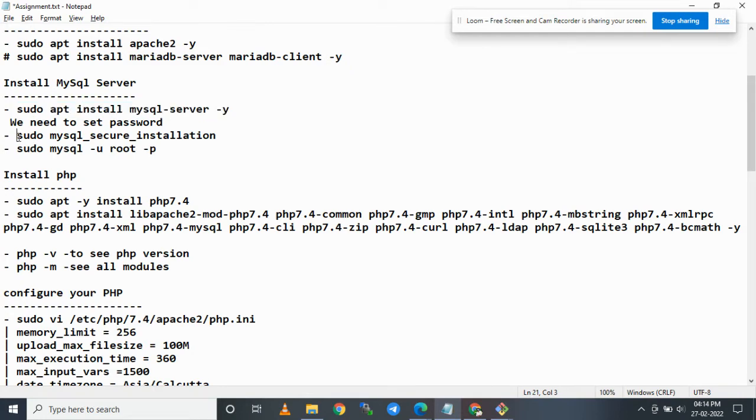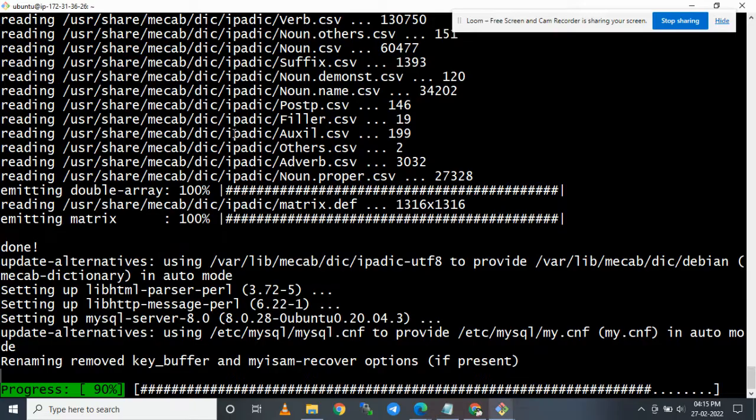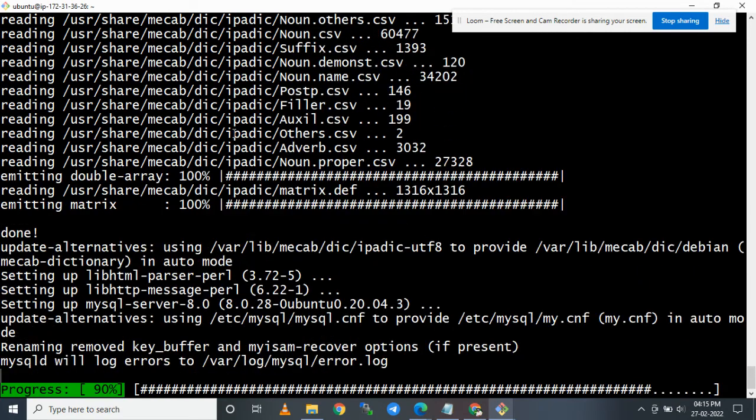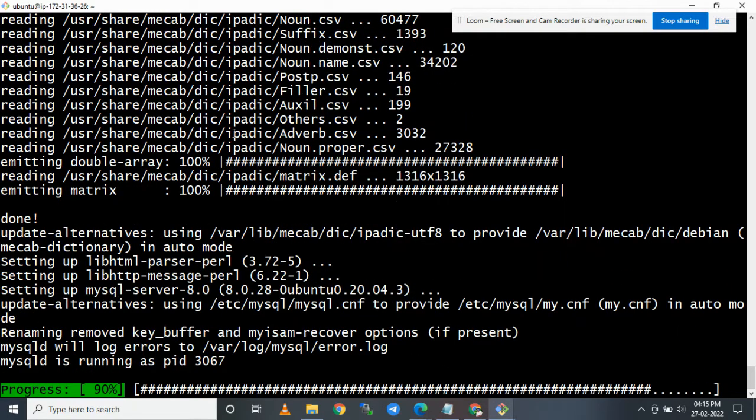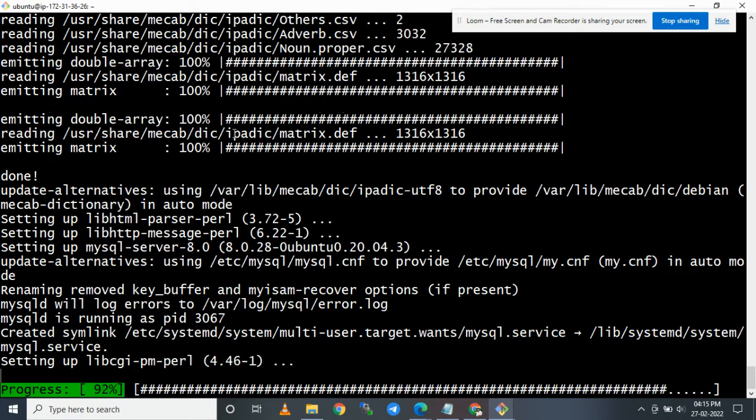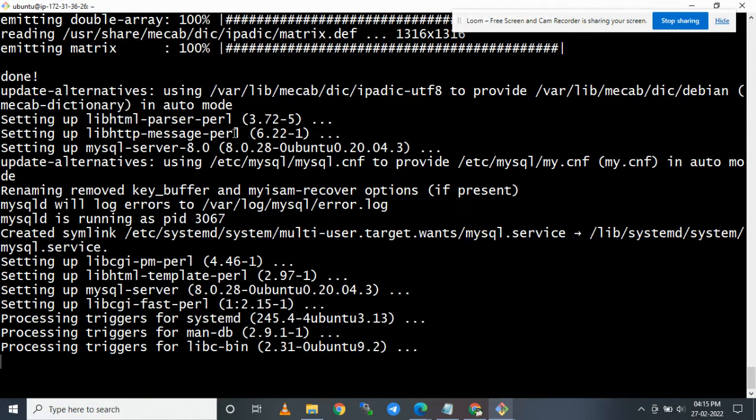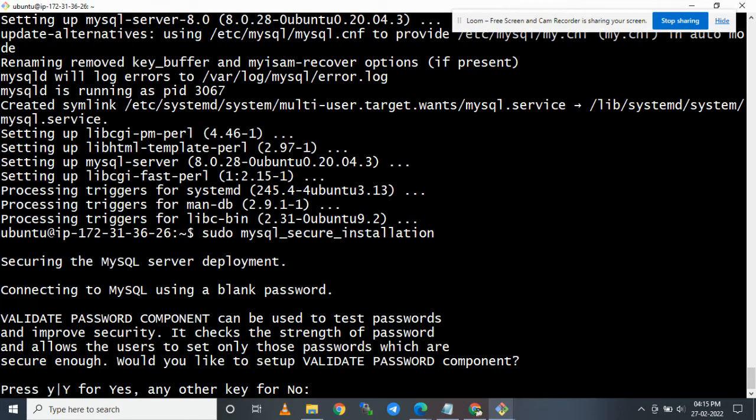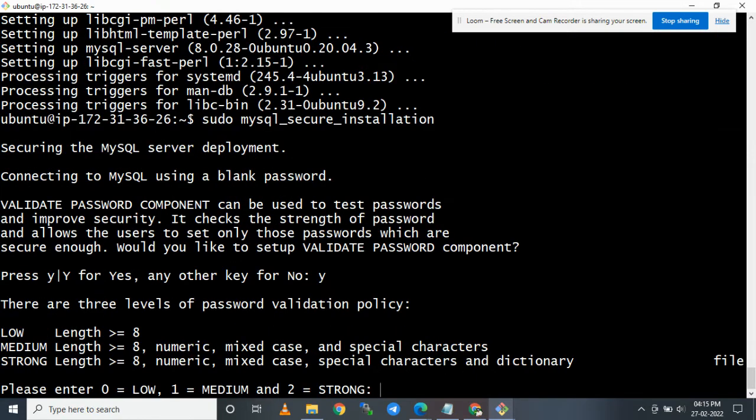Next is to set up the secure installation. It will take some time. Set up a password as strong as you can.